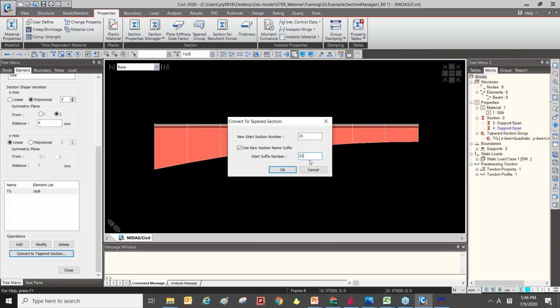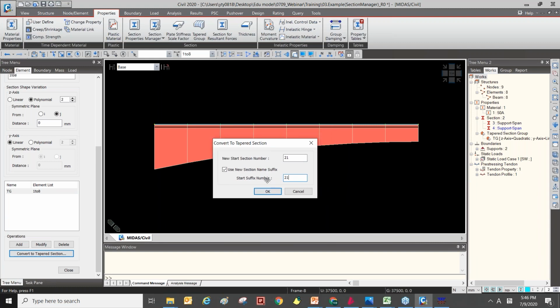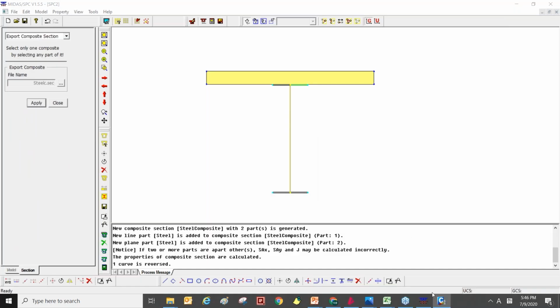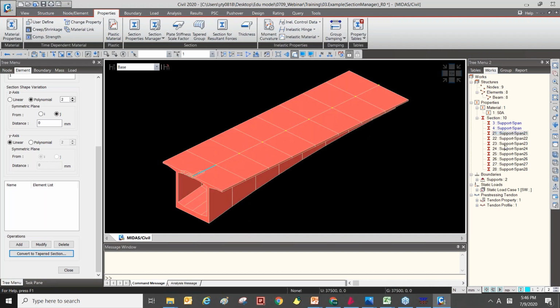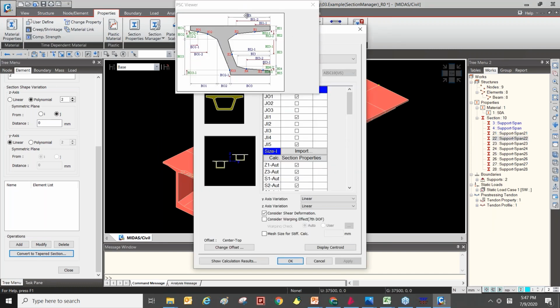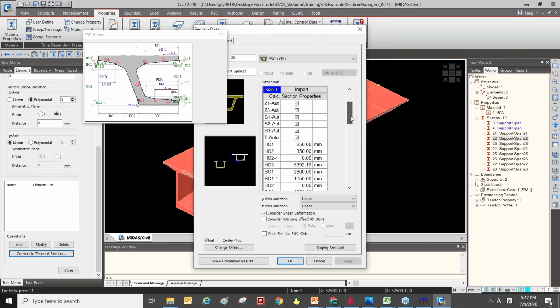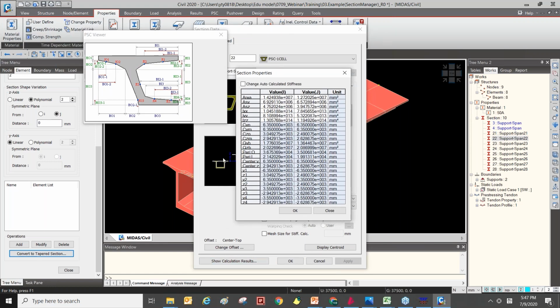If you click this and input the ID number, it will generate additional sections in the middle side. So you can see there are additional tapered sections, and you can see more detailed section properties in the middle side.